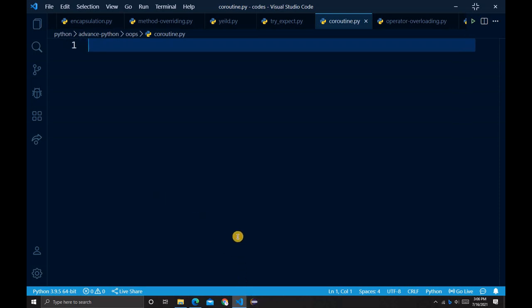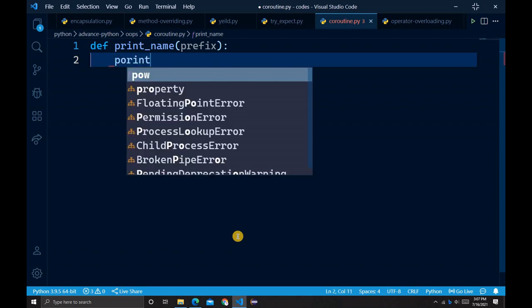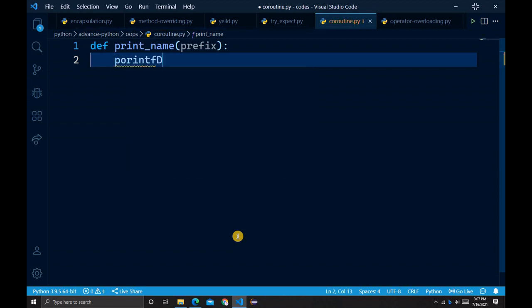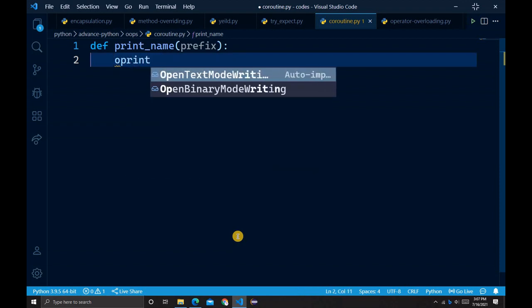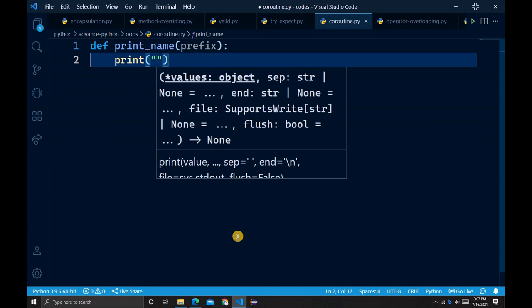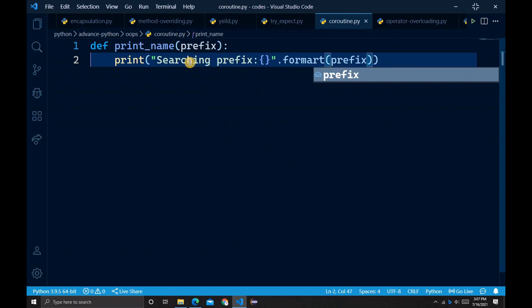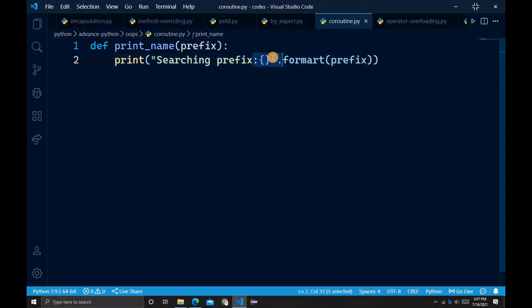So guys, let me zoom in for you, and you have to type def print_name, and then the parameter prefix. Then you simply type print, searching, something like this, and then "Searching prefix {}" dot format prefix.